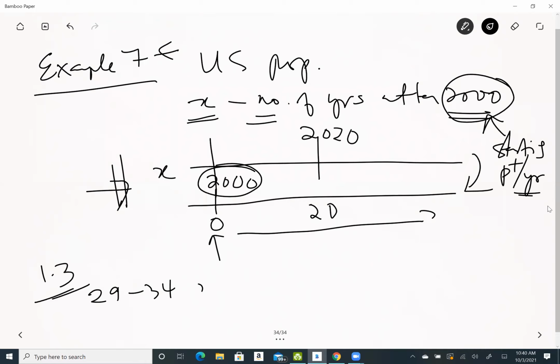And then from 35 to 38, here you are given 2 points. So what you do, you find the equation of the linear function. And then the application,